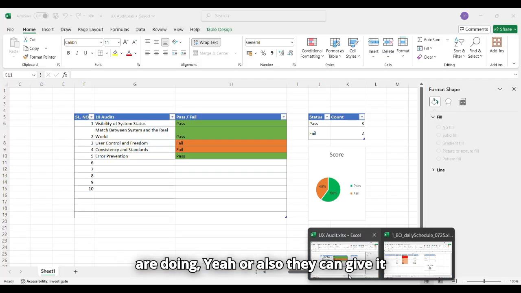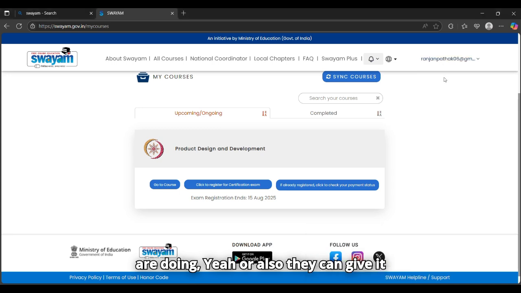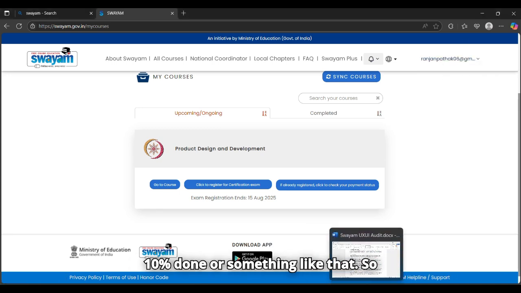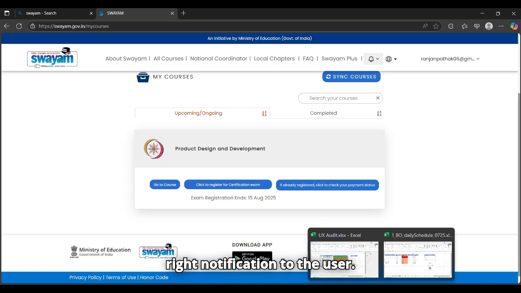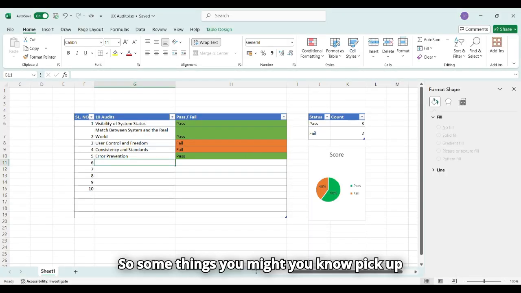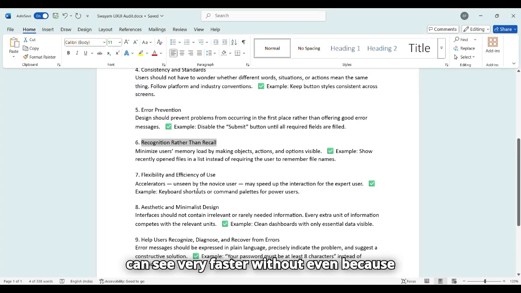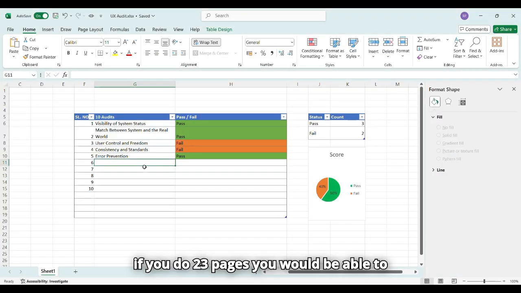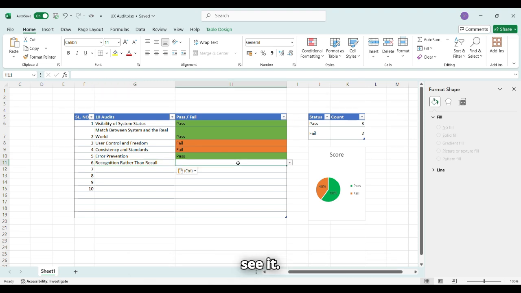Yeah, or they can give it here also, right? 20% or 10% done, or something like that. So that can give the right notification to the user. Some things you can see much faster, because if you do 2-3 pages, you would be able to see it. So, okay, 7 is